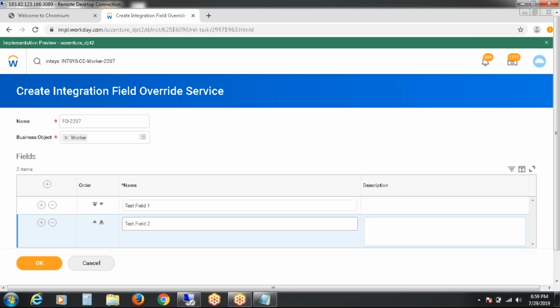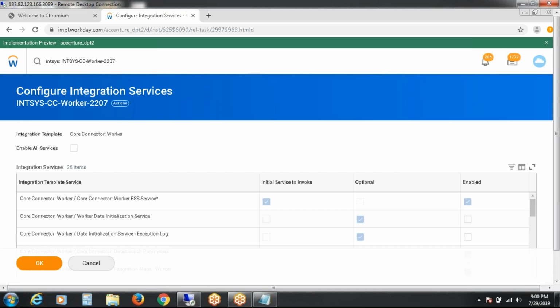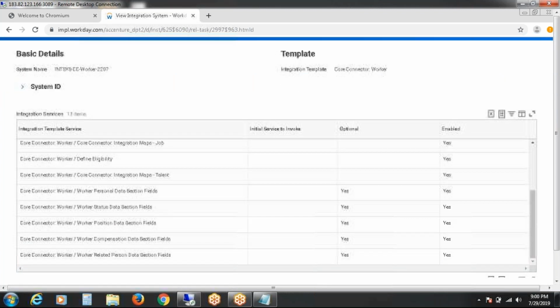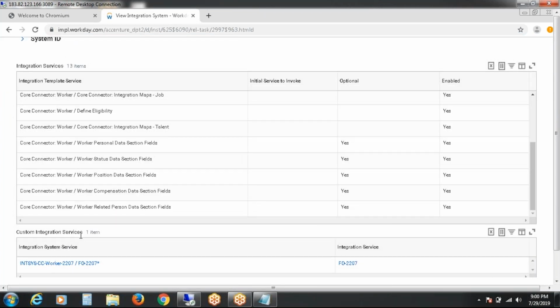That is your wish; as per the task, you can call any number. Now we have integration services: 13 plus 1 custom integration service, so there are 14 integration services now. What is the task? We need to override these field override fields with calculated fields. For that, what is the next step? We need to configure the